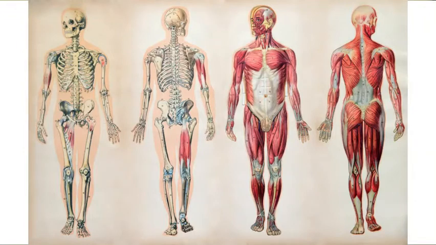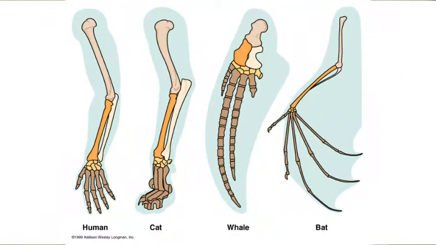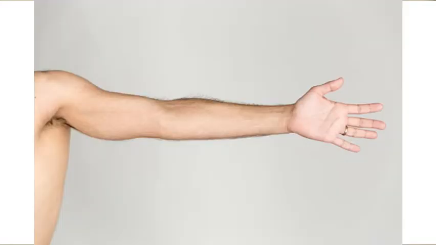So next on our list of evidence is anatomical evidence. There are two big pieces of anatomical evidence that we use as evidence for evolution. The first are homologous structures. Some organisms look very different, but when you actually look at their bones, look at those underlying structures, you'll see that they're very similar. One of the best examples of this is looking at a human arm and a whale